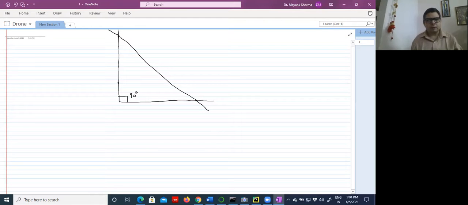Suppose my drone is in this particular direction. It is flying in a straight direction. Suppose that I am flying it in this direction for 100 centimeter. Then this is again 100 centimeter. And this hypotenuse, applying the Pythagoras theorem, will be the square root of 100 square plus 100 square, which is nearly 141.